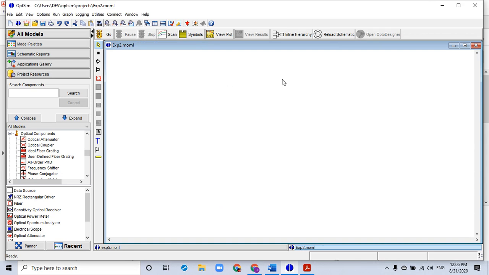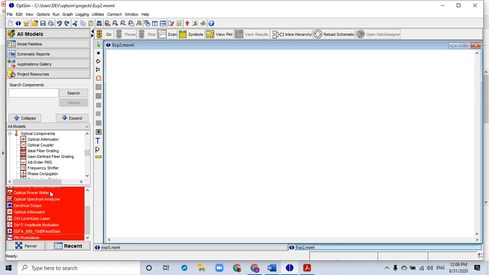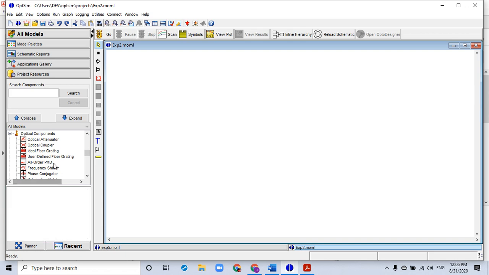So now in front of you is a blank worksheet. We'll have to select the components and drop them onto this worksheet. I just say delete all over here to initialize. To start with, the first thing that you need for the transmitter section is your logical source.